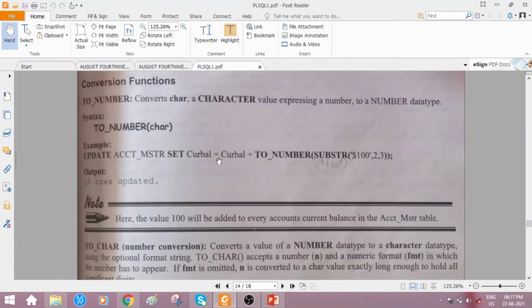The current balance information will be there, suppose the current balance is 1000, and you are adding something to that 1000, which you find here, to underscore number. To underscore number is a conversion function.